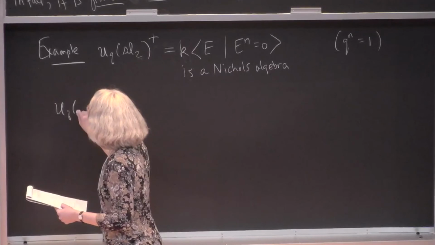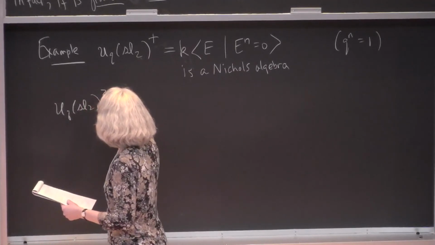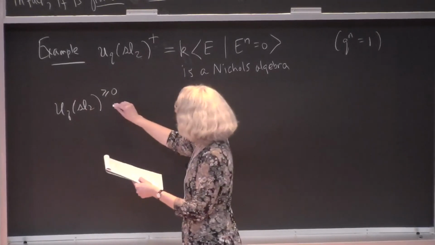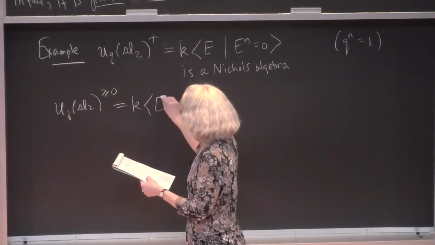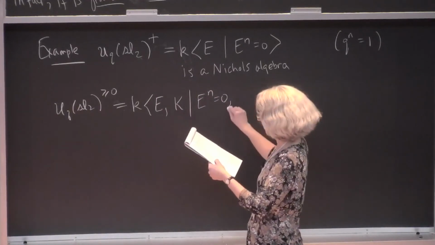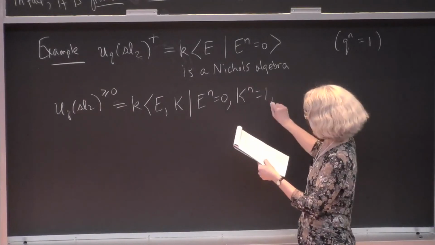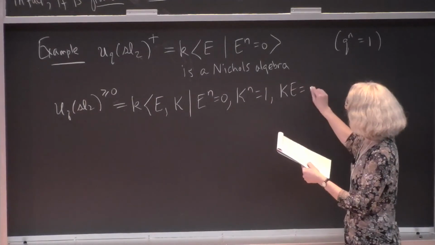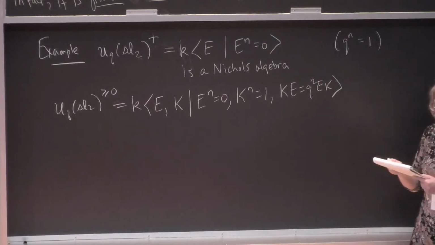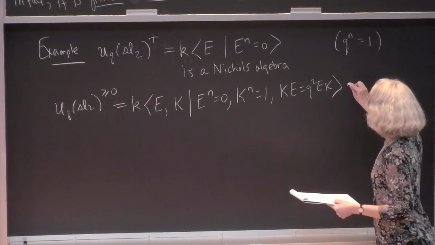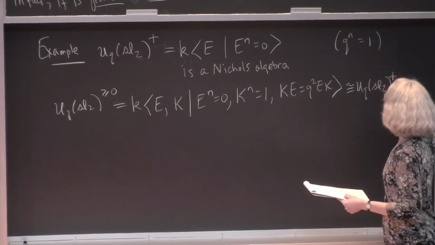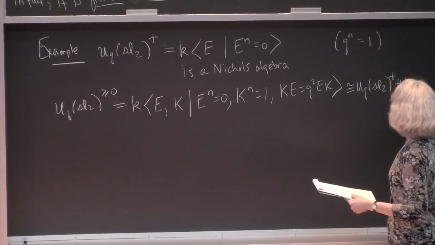UQ SL2, if you make this a little bit bigger, sometimes written greater than or equal to 0, you throw in the group-like elements. So this is the algebra generated by E and K, subject to relations E^n equals 0, K^n equals 1, and KE equals q squared EK, or some slight variation on this, depending on where you're looking. This is isomorphic to UQSL2 plus